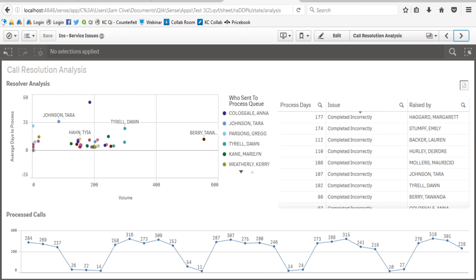process the content. On the chart in the top left-hand corner, we can see on the far right, Berry Tawanda seems to be processing a much higher volume than anyone else within the system. It could be within the business, we need to try and understand why she's able to process so much more than everyone else. But when we take a look at another user up in the top left, Anna, it seems